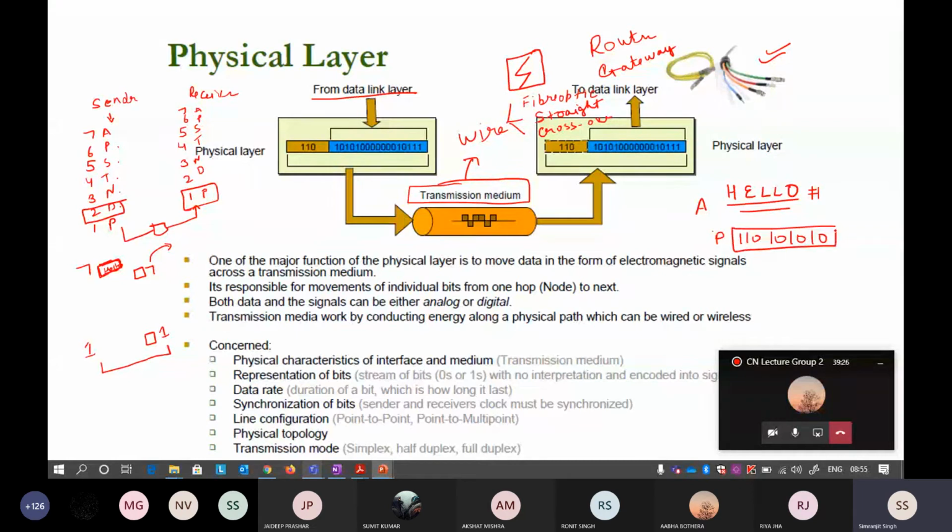So every communication that you are seeing here, on the computer side, all the communication between the networks as well as inside the computer is in the form of binary numbers. Every communication is based on this, 1 and 0. Still we are following the same structure. If you have studied